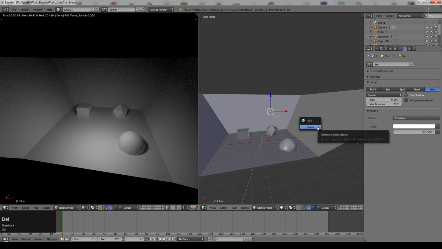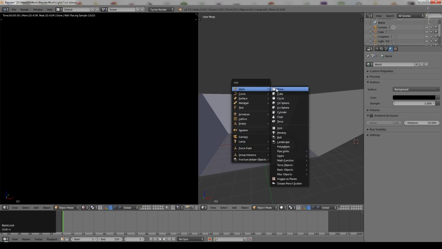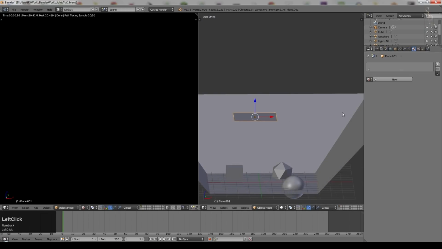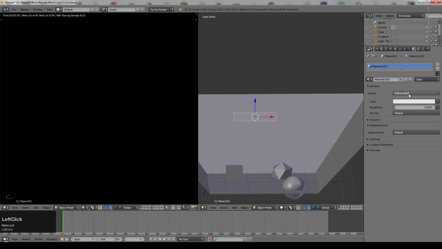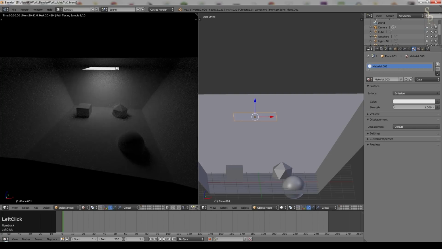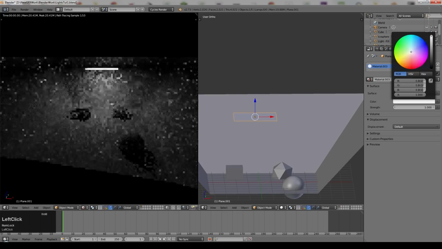So let's delete that lamp, and I'm going to add a simple plane. I'll put that there, and I'm going to go to materials this time and say new, and instead of a diffuse, I'm going to select emission, and immediately you can see we've illuminated our scene. Now, although I said in order to minimize noise to try to use the built-in lamps, there are reasons to use what are called mesh lamps, which is mesh objects like this plane with an emission shader on them. I'm just going to turn that up to full bright.